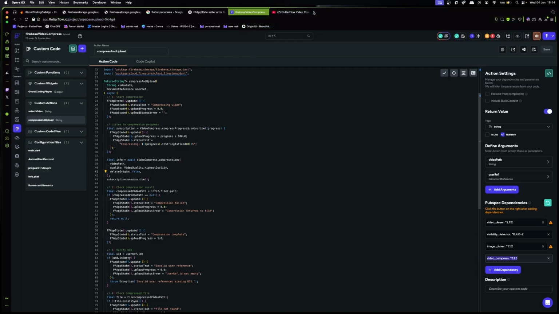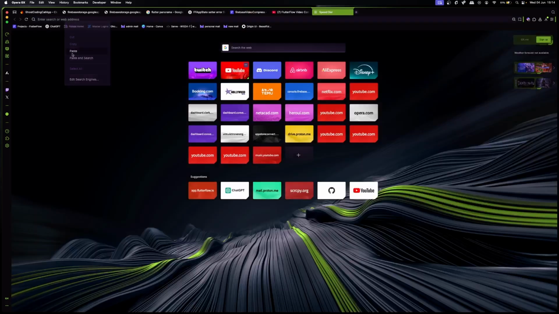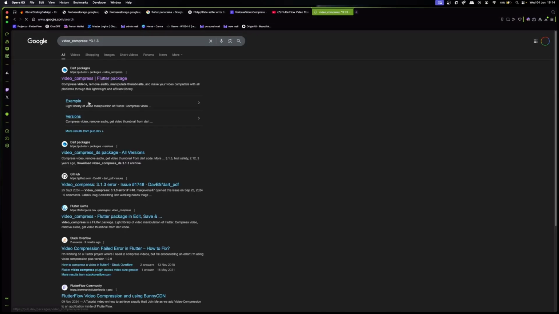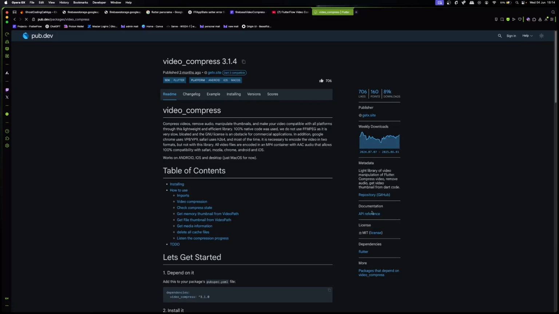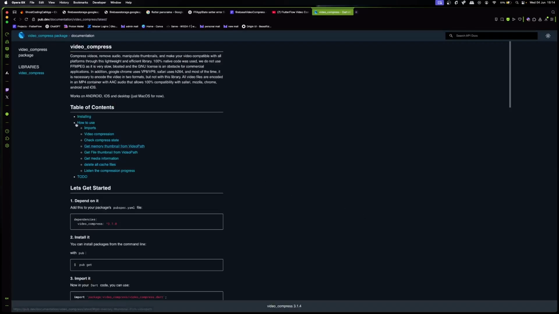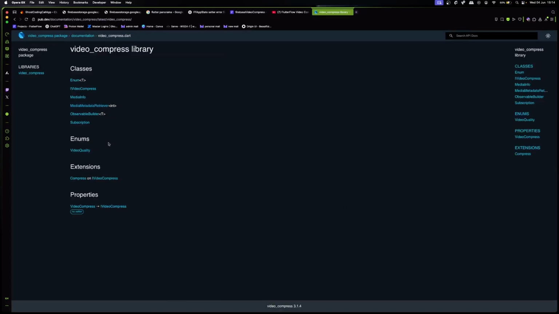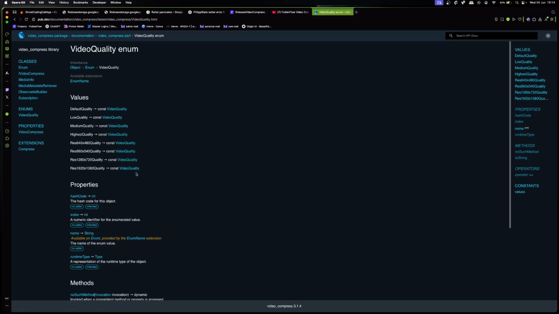If we go to pub.dev, we can paste that in there. We go to video compress, API reference, click on video compress, and then we'll see this option for enums, video quality, right? If you open that video quality, you can see all the different video quality values that you can specify.